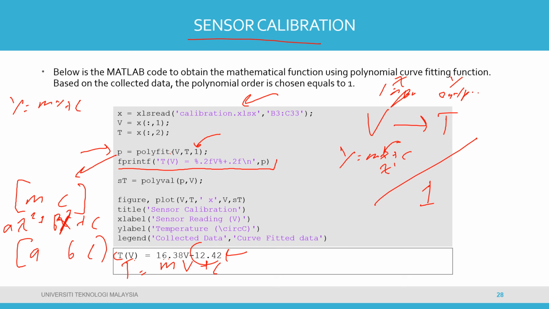And then of course you have to test whether the polyfit is accurate or not. To do this, you have to use polyval: polyval of P and V. V is the original data, the X, and P is the new polynomial here. You insert it back and you get the temperature. Then of course you plot it. Plot the original data with X and then plot the polyval,